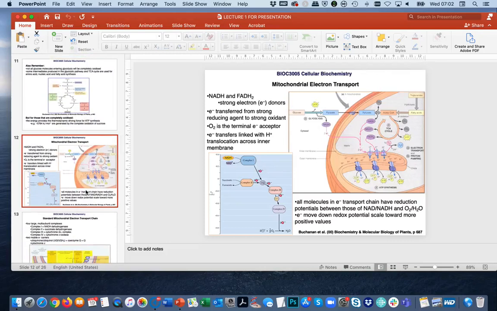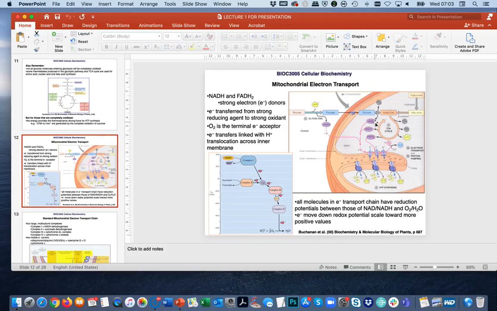A bit more about that and the linking of these different processes, the linking of substrate phosphorylation with oxidative phosphorylation is shown in this slide. So we've got, again, a diagram on the right-hand side of the slide showing the breakdown of glucose in the cytosol of the cell, and then NAD being produced, as well as pyruvate. As I said, pyruvate is transported into the mitochondria where it can enter the TCA cycle, and then the products